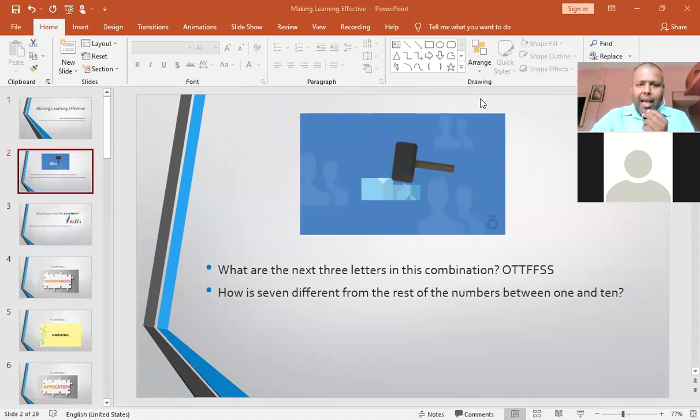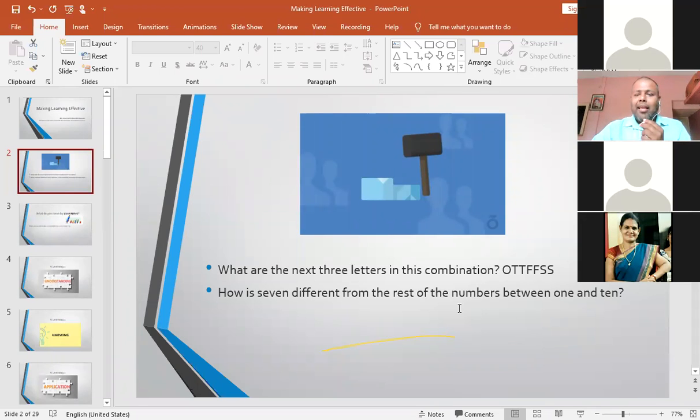Great. So we have received the answer for the first icebreaker, that is ENT. Can we have a round of applause for Sumati ma'am? She has answered the first one. If you look at the combinations, we have the initial letters of all the numbers 1, 2, 3, 4, 5, 6, 7, 8, 9, 10. So ENT is a perfect combination of the next three letters. Great, ma'am. Can you answer the second one? Let us see who can answer the second one.